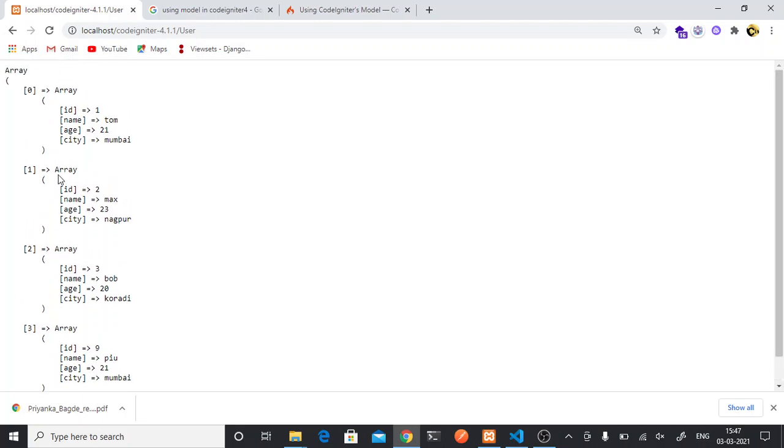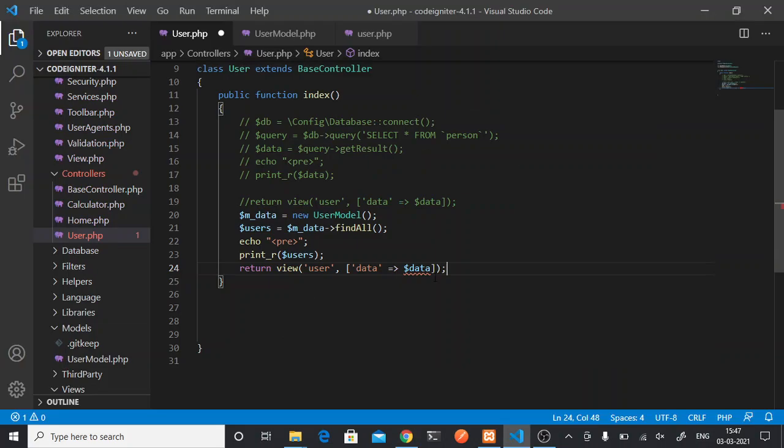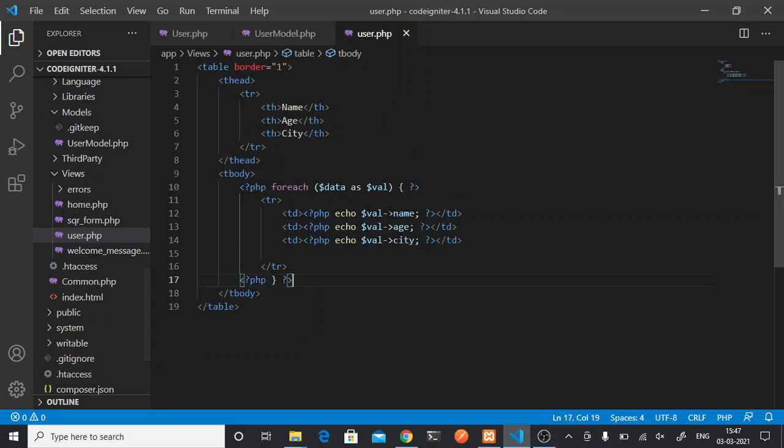And remember, now I am getting data in the form of an array, right? $users. Now in my table, I'm getting data in the form of an array, so I will retrieve the value in the form of an array.